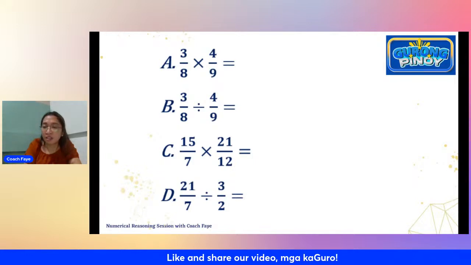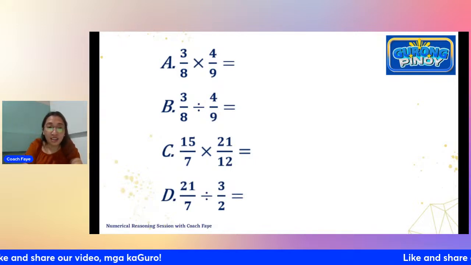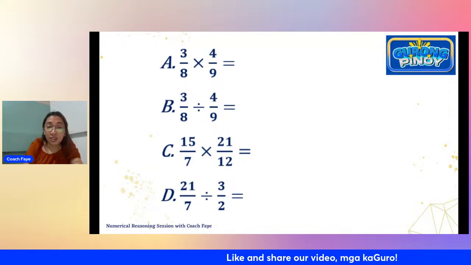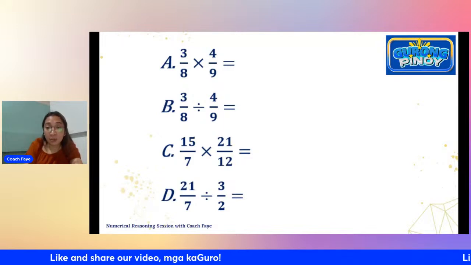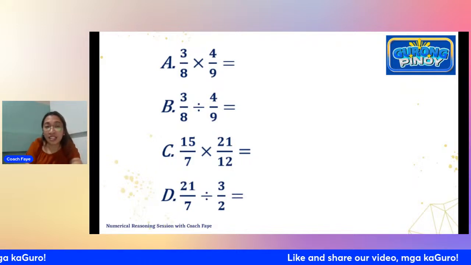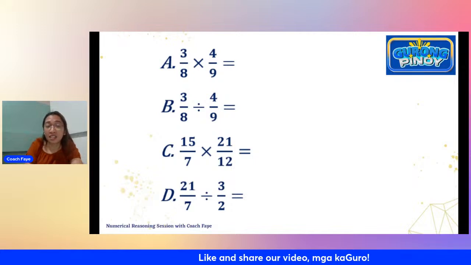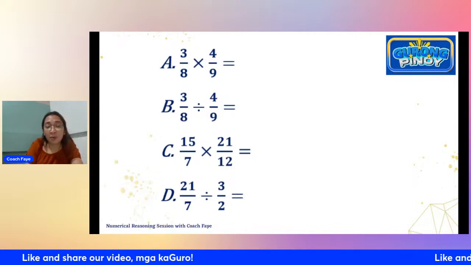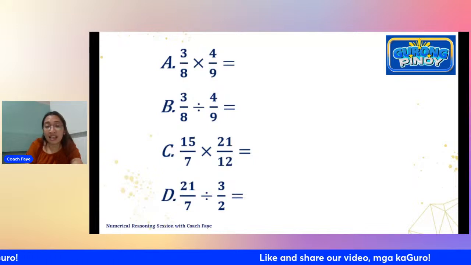Sorry, I am not in a position right now to write anything on the board. But what can happen here in item A is that yung 3 po natin at saka yung 9, magka-cancel po tayo dyan. Both divisible by 3. So yung 3 divided by 3 is 1, yung 9 divided by 3 is 3. Habang yung 4 and 8 are both divisible by 4, 4 divided by 4 is 1, and 8 divided by 4 is 2. Kaya nagiging 1/6.